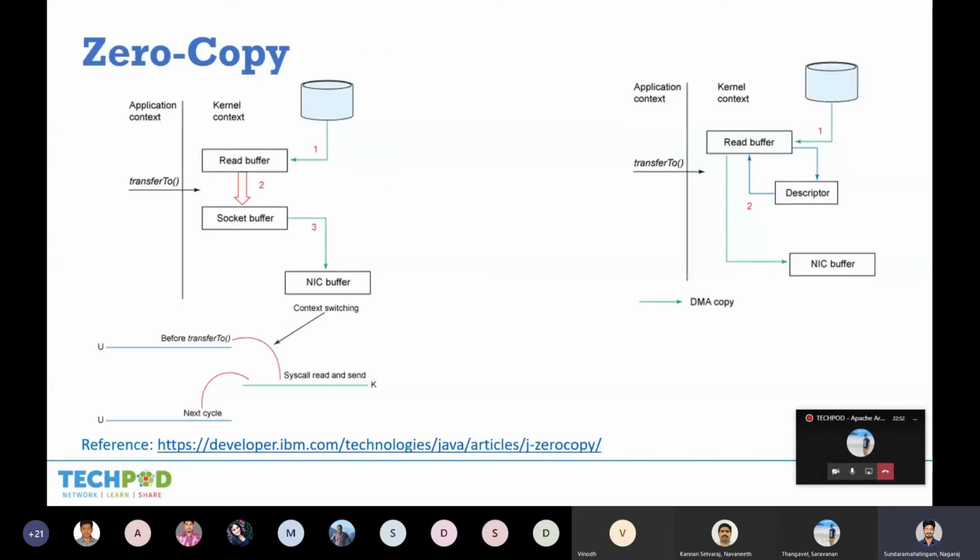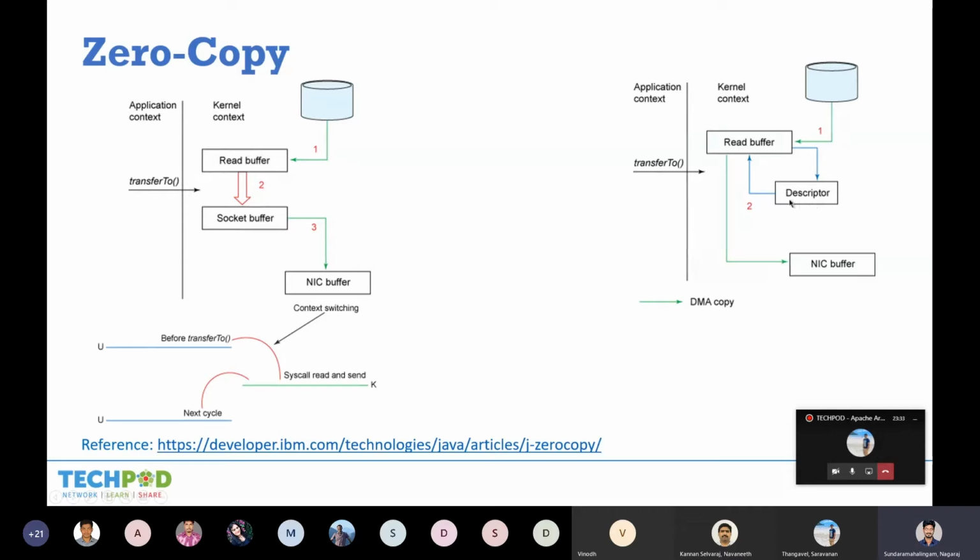But what is zero copy? Zero copy is you read data from your source, store it in a kernel buffer, and directly push it to the destination kernel. There is no switch to user mode. Directly it pushes to the destination kernel and then it goes to the destination. This is zero copy, but again there is an advancement. You don't need this kernel buffer, because if you know the exact destination you can directly push the data from your source kernel to your target.